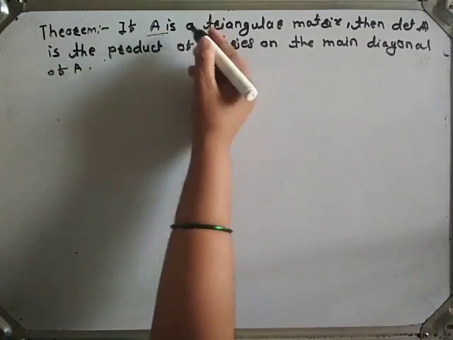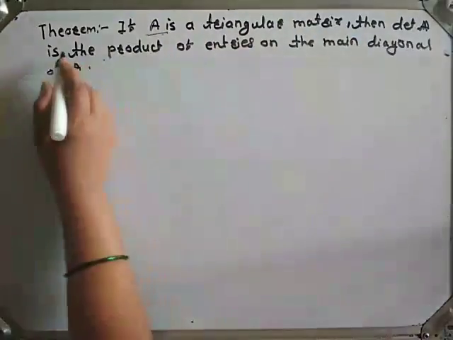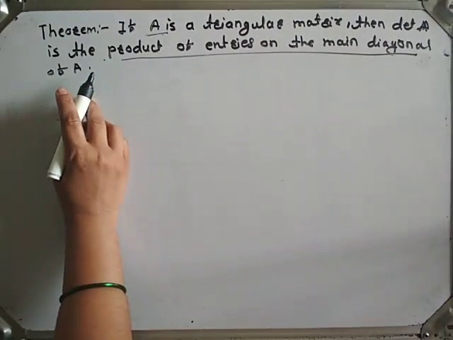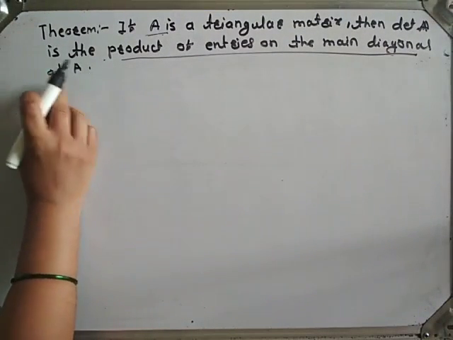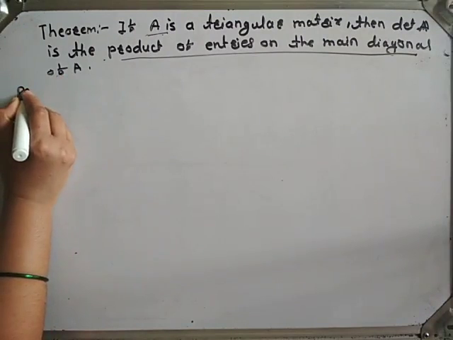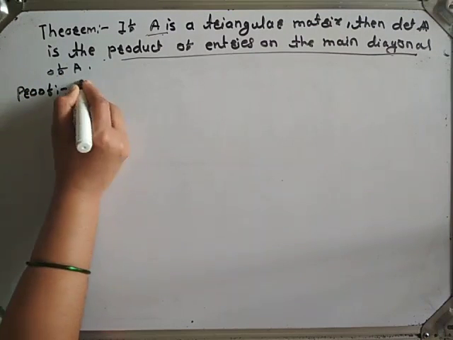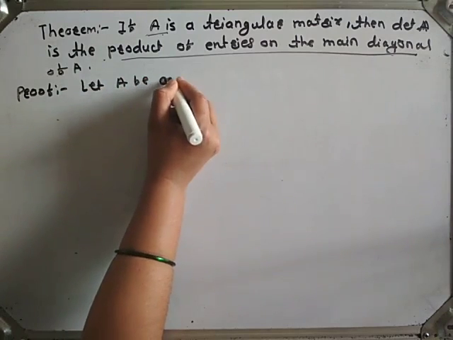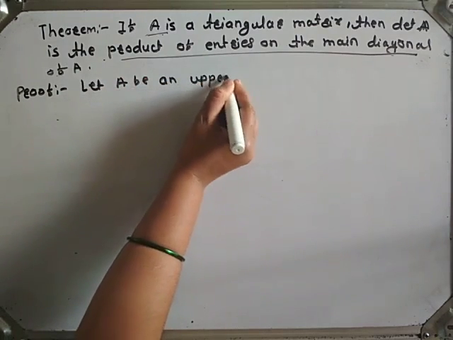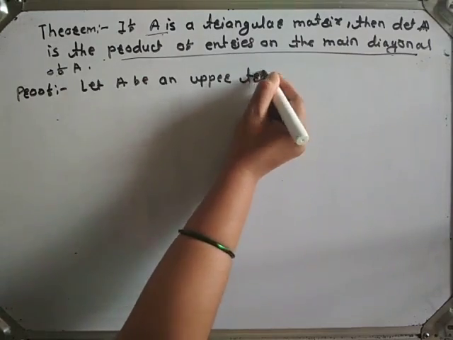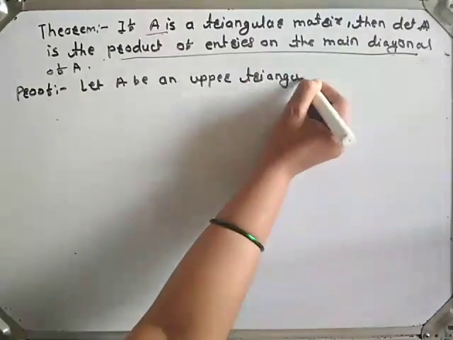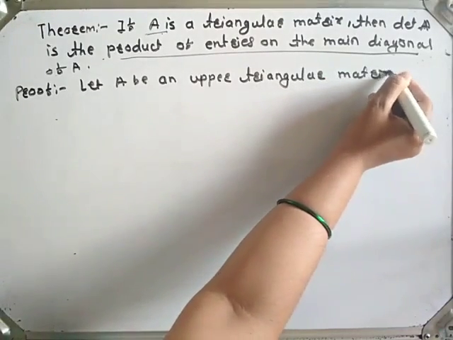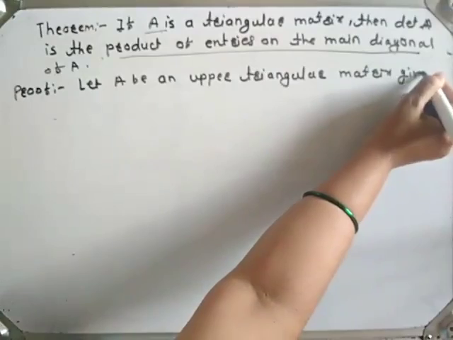What is the theorem? If A is a triangular matrix, then determinant of A is the product of entries on the main diagonal of A. Okay, let us see the proof. Let A be an upper triangular matrix given by